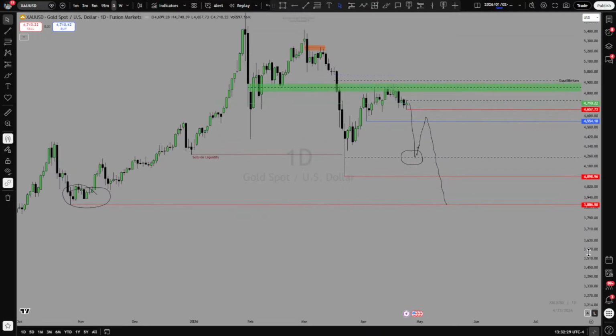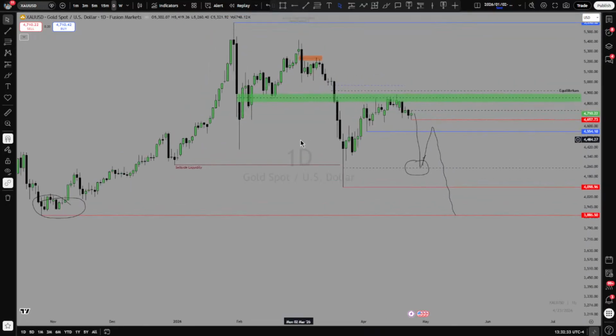So what am I actually looking for here? As you can see, the price has dropped from the 10th of March 2026. The price dropped and made its lowest of the year here on the 23rd of March 2026. Then it started going higher, as I said on the live stream the other day, the last Sunday market breakdown live stream that I had. This is what I actually said, that the price is going to attempt to go higher.